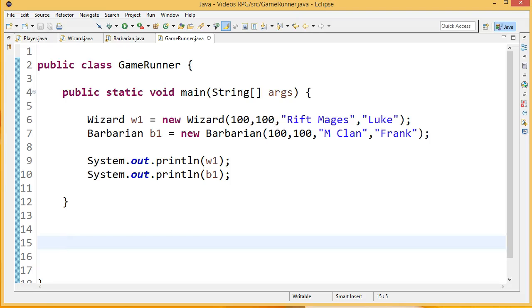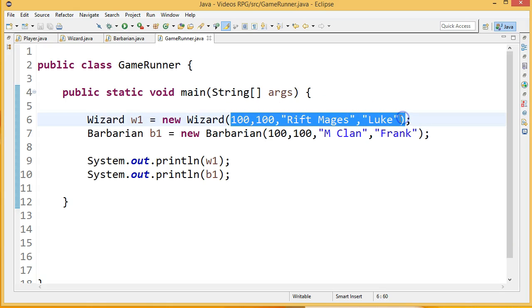Hello. So in our last video we set up some constructors and we talked about how we construct objects in Java. And the really important thing that we hit on was that when we construct objects in terms of a hierarchy, we have to construct from the most generic object to the most specific object. So therefore, if we take a look at wizard w1 equals new wizard, we pass this information to the wizard